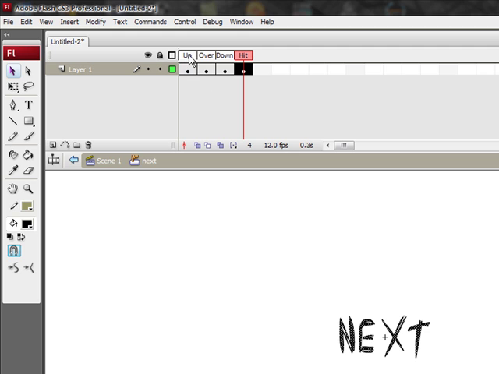The up is what your button looks like before you do anything to it, meaning clicking. The over is what your button is going to look like when you hover over it with your mouse, and the down is what it will look like when you click down on it. The hit area is there to help people clicking the button if it is a small button. I'll explain that later. So click on the over frame